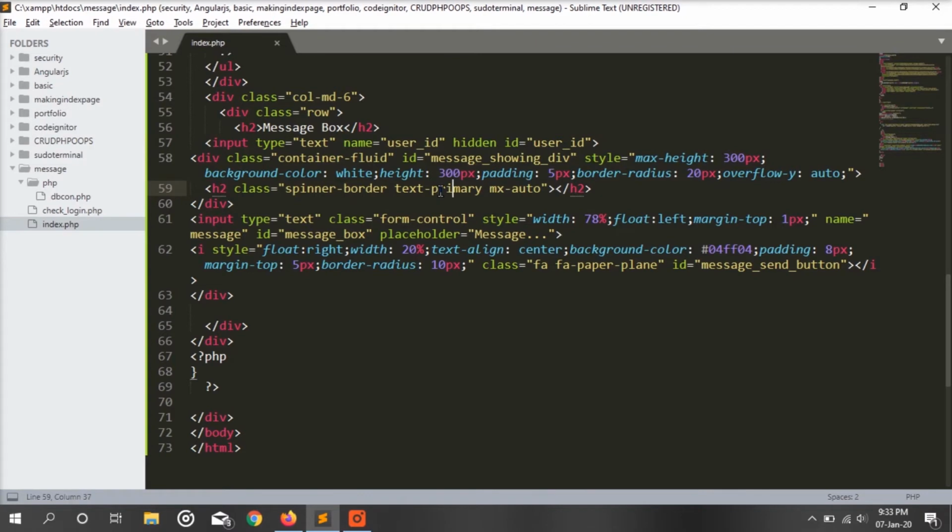Later on, in line number 61, we will have an input of type text, so that we will be able to type our text here, and after that there will be an italic tag which will work like a button.